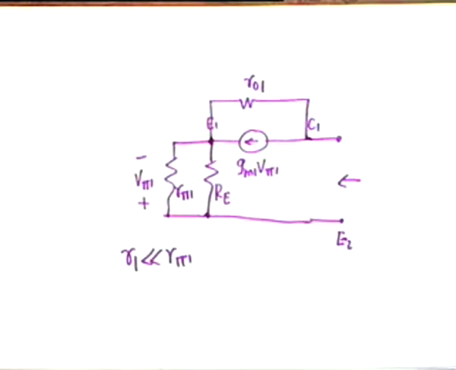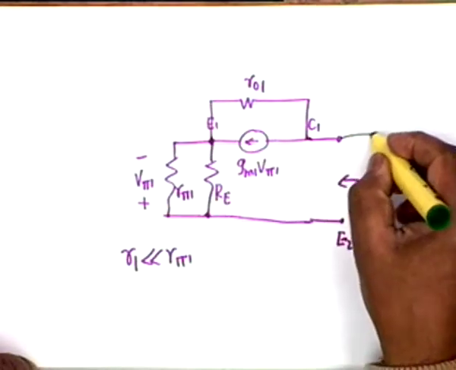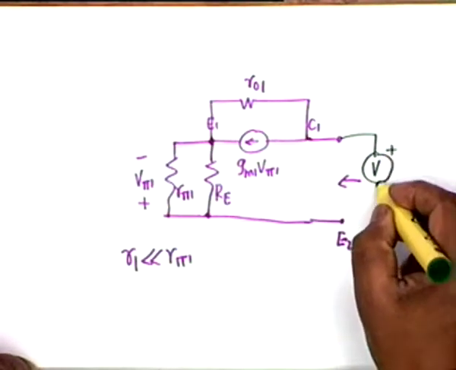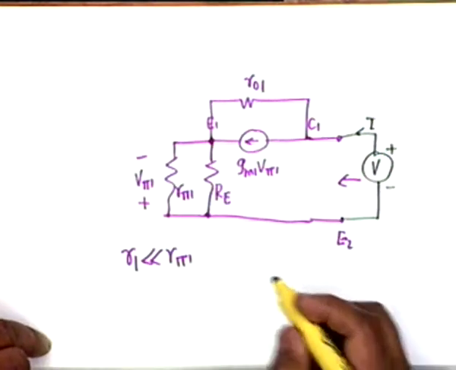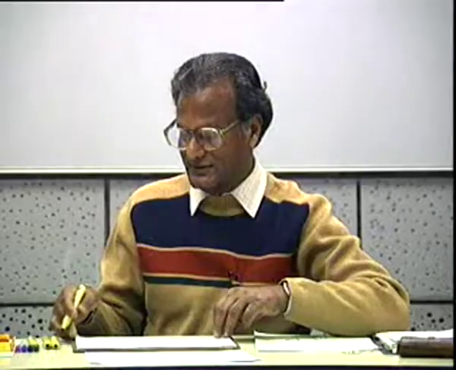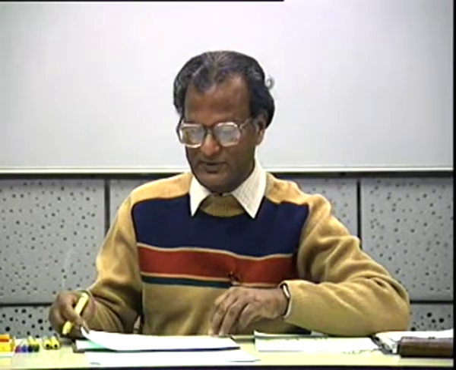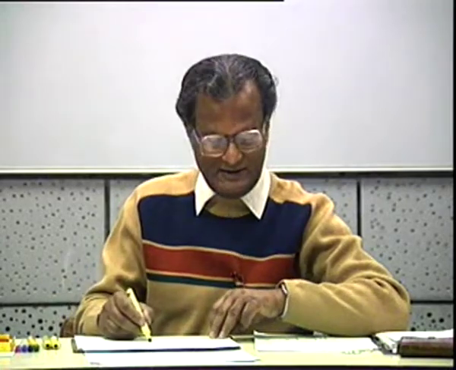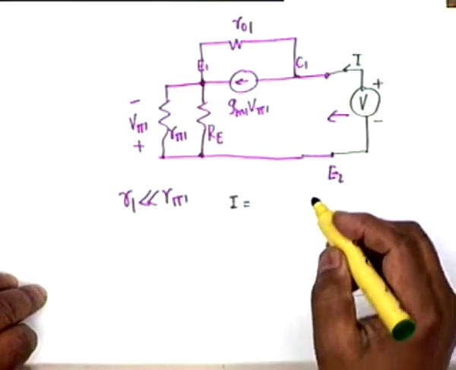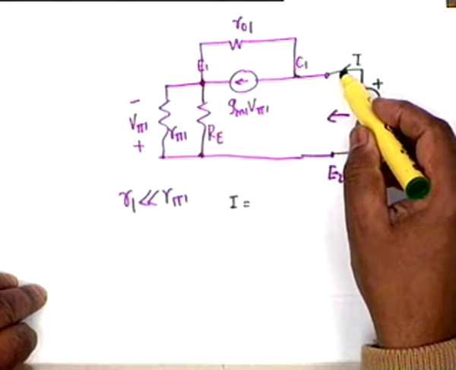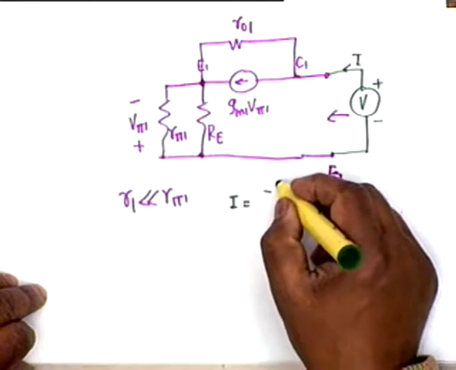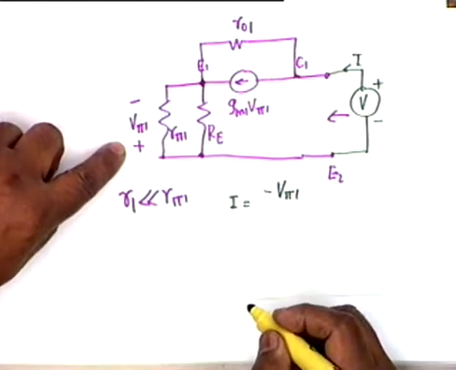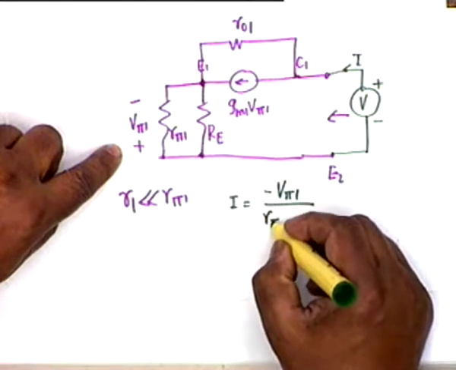Okay, this is the equivalent circuit by ignoring R1. To calculate the effective impedance, we connect a voltage source V and find the current I. The expression can almost be obtained by inspection. This current I is the same as the current flowing through this parallel combination, and this is minus V pi 1, minus because of the polarity, divided by